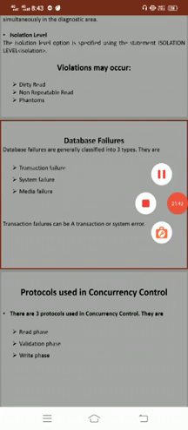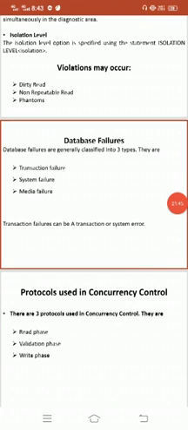Okay, once again, system failure, which is a computer failure, is nothing but a system crash. Physical problems and catastrophes, and hardware, software, and network errors occur in the computer system during transaction execution. Physical problems and catastrophes include problems such as power problem, air conditioning problem, fire, theft, overwriting disk or tapes, etc.